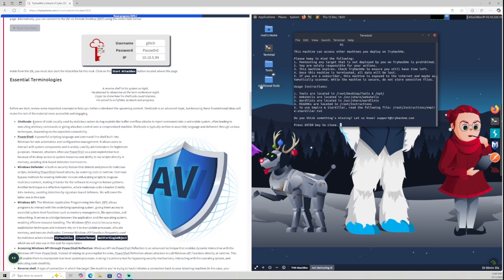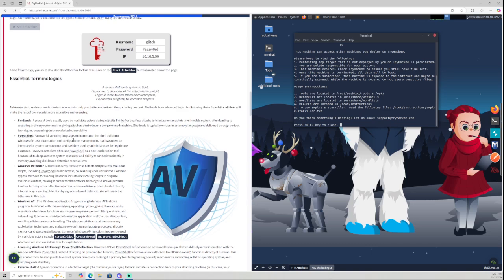So shellcode itself is a piece of code usually used by malicious actors during exploits. Now, the key to this is that the code is what is malicious, but the payload is how it's delivered. The reason I emphasize that is because you can put shellcode into multiple payloads. That's what Metasploit does, and that's why Metasploit's so powerful. So keep in mind that the shellcode itself is the actual malicious code that takes over the exploit, but it can be delivered in many ways,